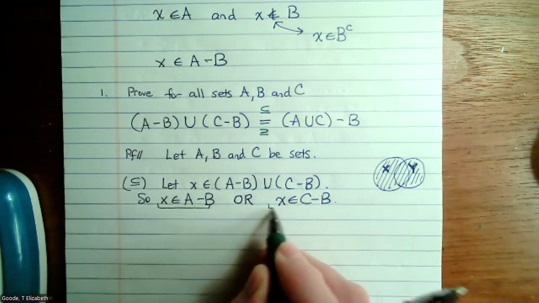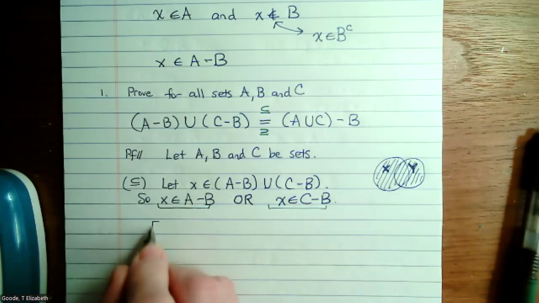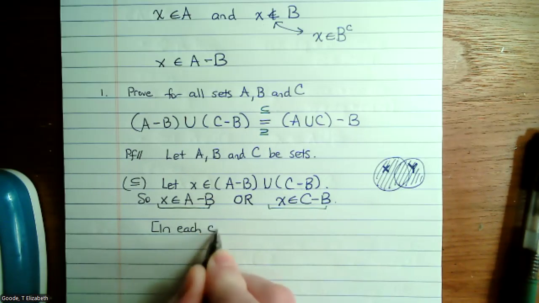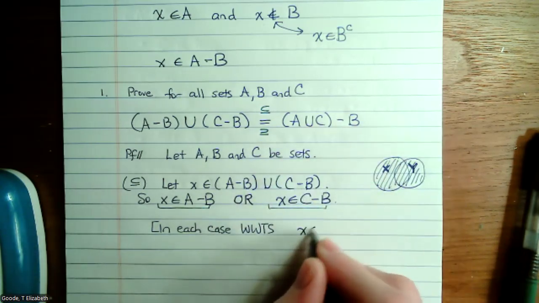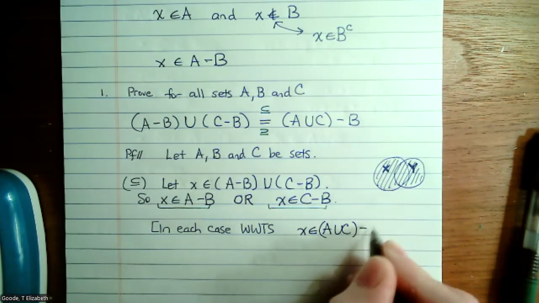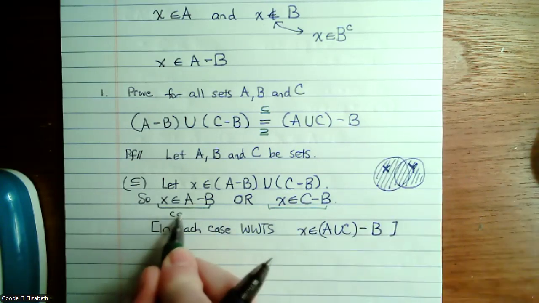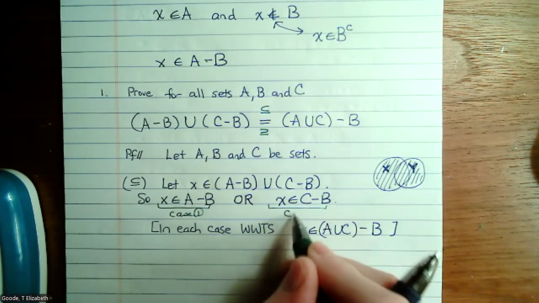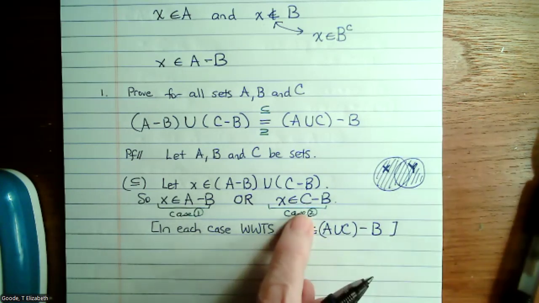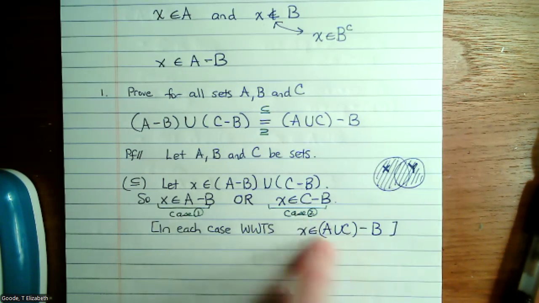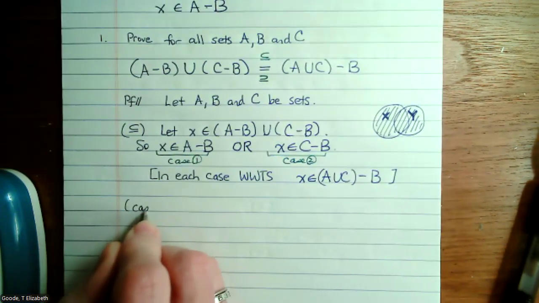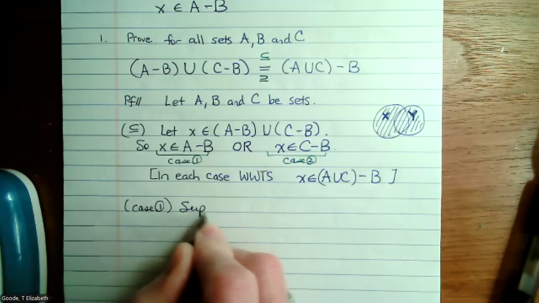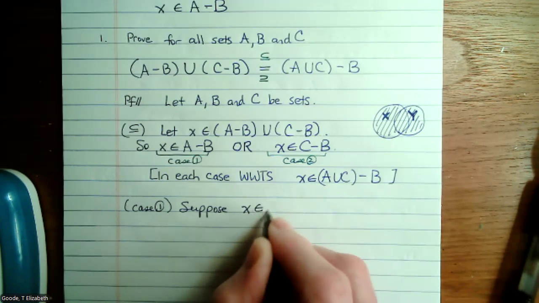But in each case, and this sort of addresses what you were saying before, we wish to show the same thing, namely that X is in the other set, A union C minus B. So whether this is the input to the case, from that case, or whether we're dropping this hypothesis into our argument, we want the output to be the result that X lives in this set. So in case one, we can suppose X is an element of A minus B,